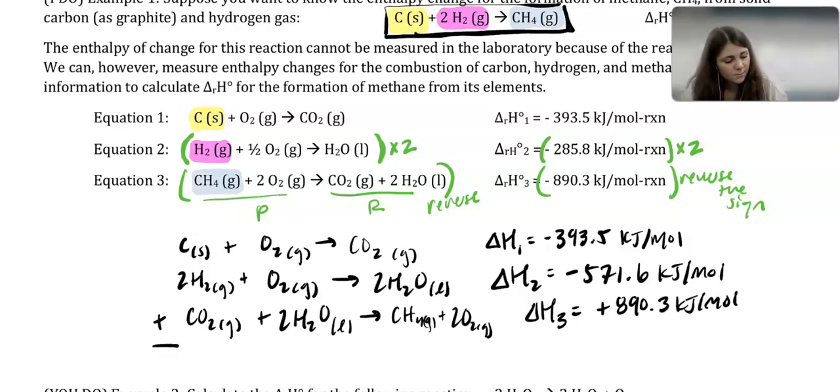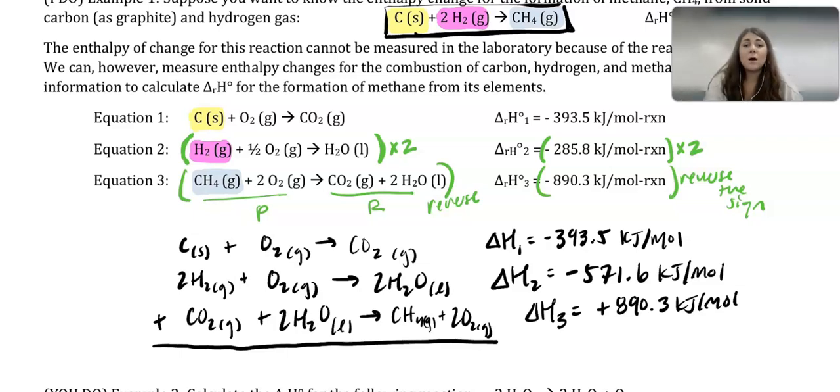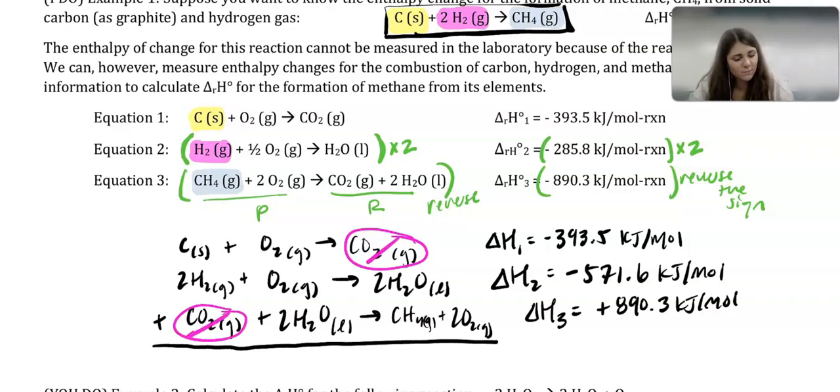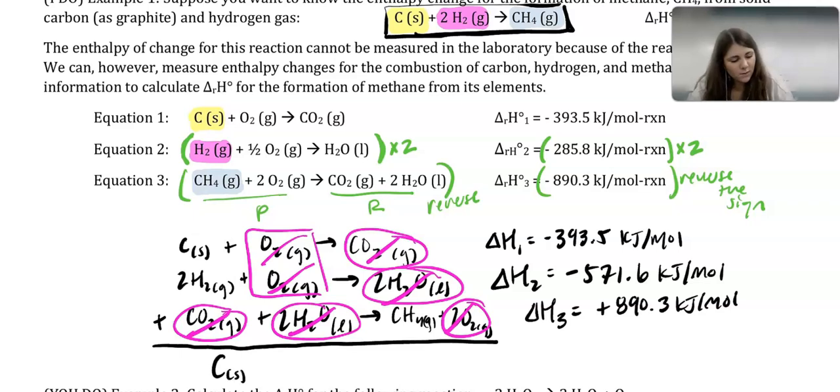So, based off the principles we talked about, principle 2 is saying when we add up the total, we should just add up all the delta H's, okay? So, I'm going to end up crossing off things. Kind of think about spectator ions, okay? Here, I see CO2 gas right here. Those will cross off. I see 2 H2O liquid. I will cross those off. And I see 2 oxygen, and I have 2 oxygen right here. So all that I'm left with is that carbon, that graphite, the 2 hydrogen gas,